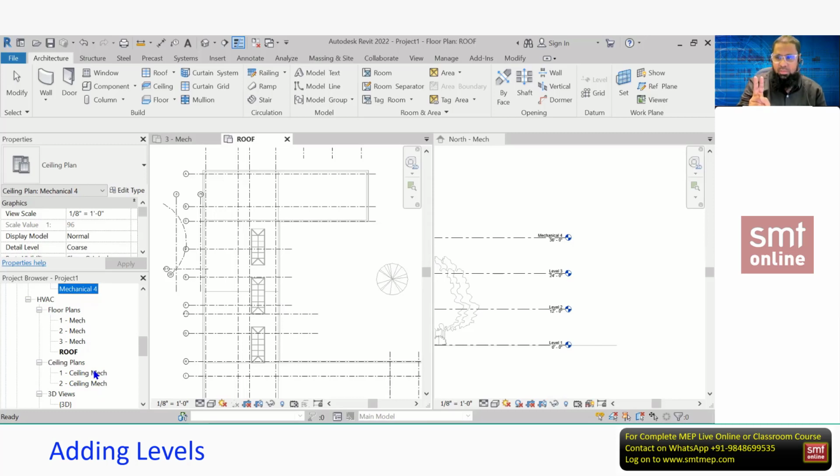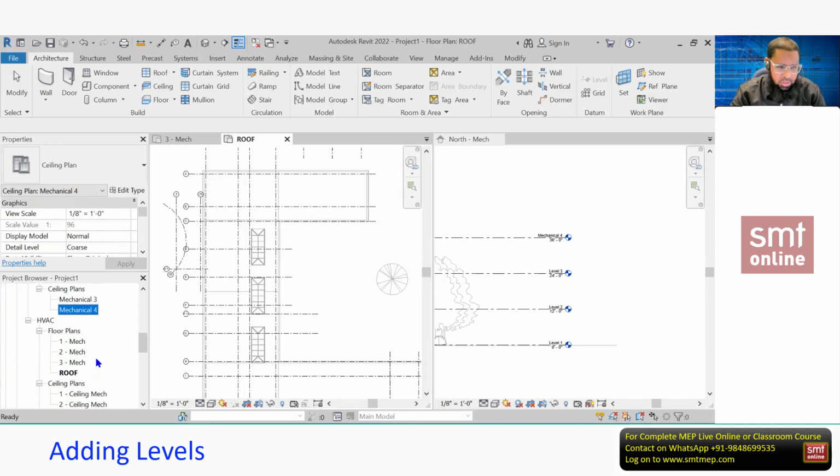So for that, there are 2 options, and this is very, very important. If you want, you can make a note of this. The option is subdiscipline and view classification. Later you'll get the chance to learn this option again, but you can make a note. Subdiscipline: categorizing the views by changing subdiscipline and view classification from instance properties.